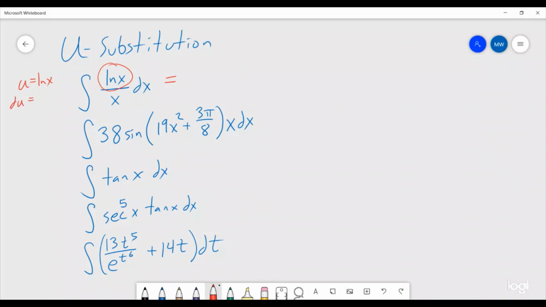Well, that's going to be the derivative of the natural log of x. So it's a 1 over x times dx. So now we can rewrite this integral as the integral of u, and then notice that this dx over x, that's the du. So we have the integral of u du, which is equal to u squared over 2 plus c,